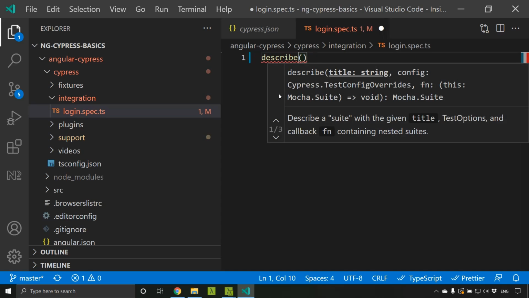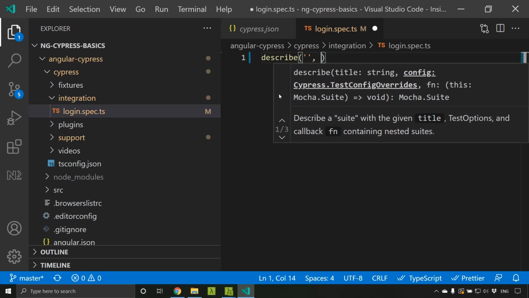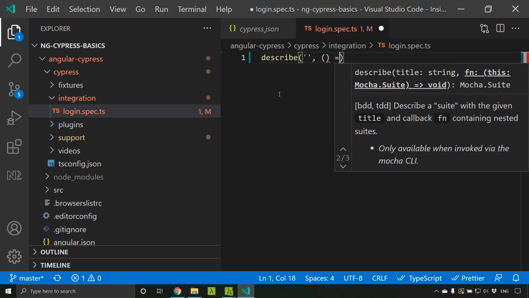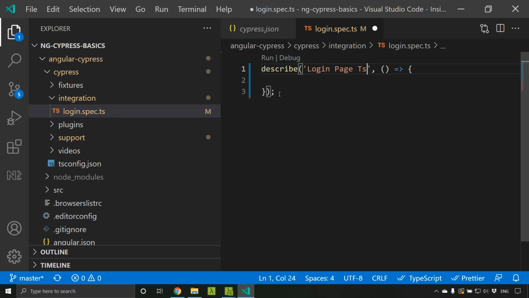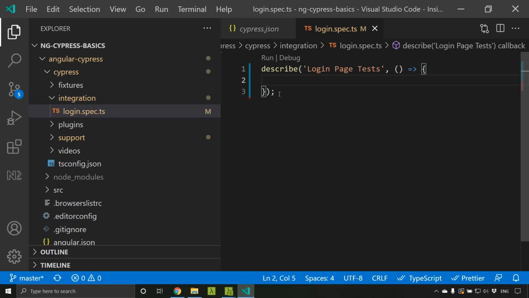Here we need to describe the name of the test suite, and we will also provide a callback where we will be writing our integration test. Here I am giving the name as login page test. I will save this.